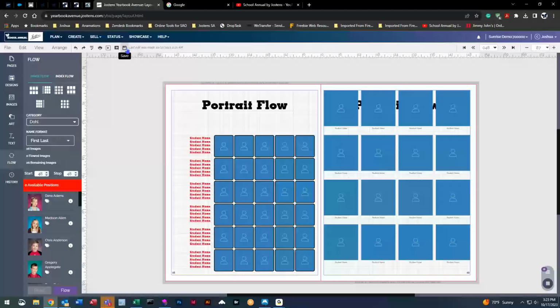This saving it lets the system know that there's been changes made to the page, and it will adjust itself accordingly. So here we go. We made changes. Now we have 30 available positions. If we were to move this to page 29, it will tell us that we have 16 available positions. So we're going to move back to 48, and here will tell us that we have 30 positions available. We're going to come down here to this purple button right here that says flow, and we're just going to click on flow,